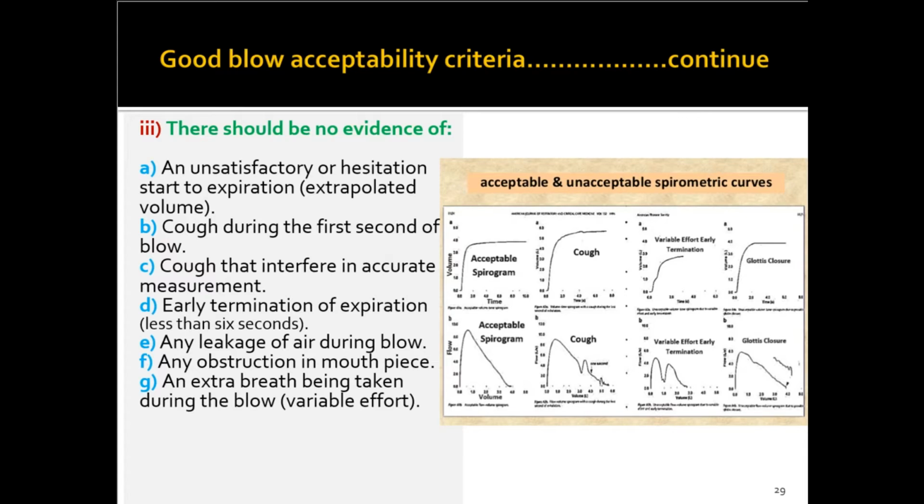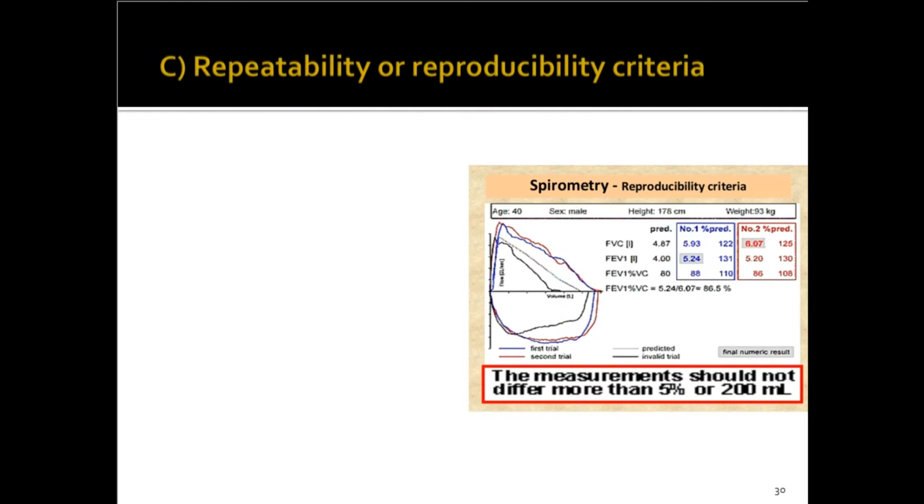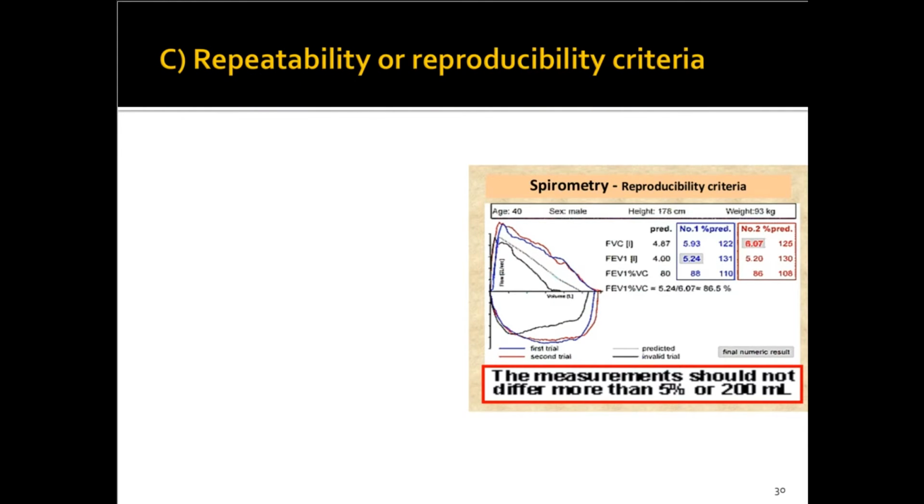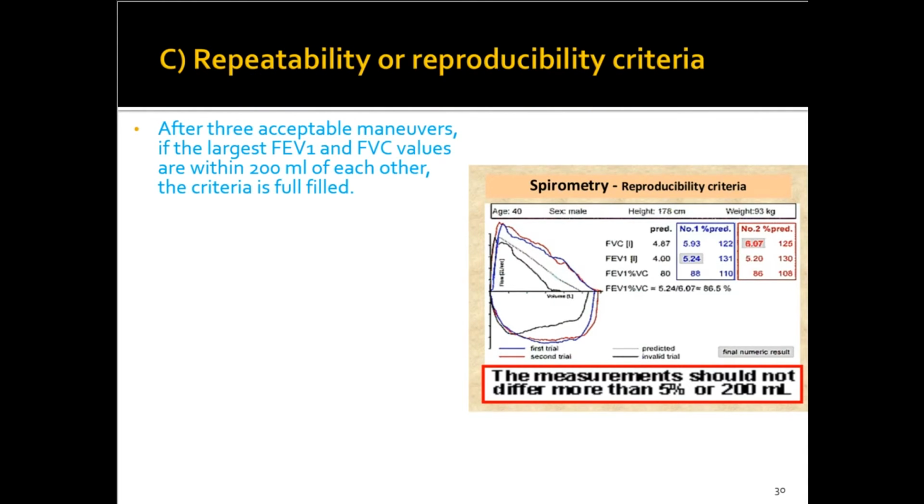G. An extra breath being taken during the blow, variable effort. H. Glottis closure or hesitation that causes a cessation of airflow. C. Repeatability or reproducibility criteria. After 3 acceptable maneuvers, if the largest FEV1 and FVC values are within 200 milliliters of each other, the criteria